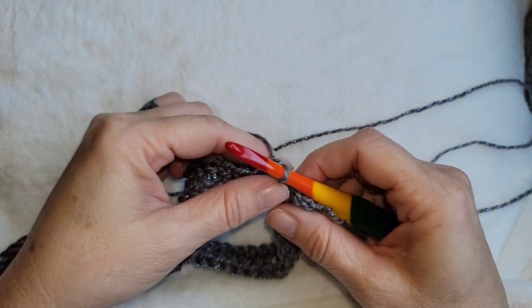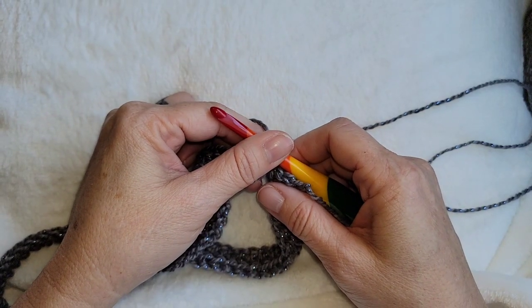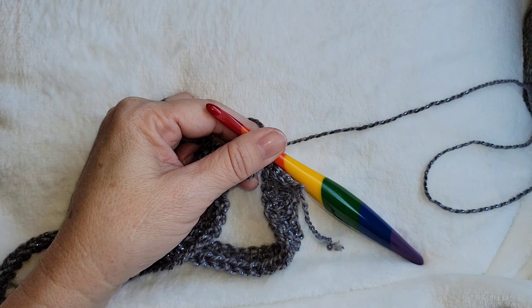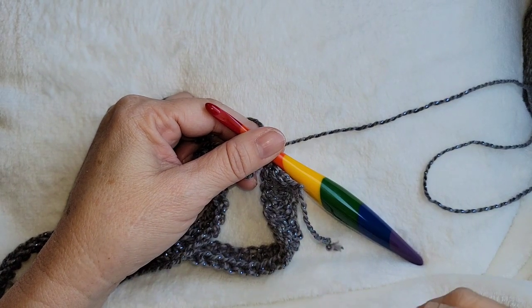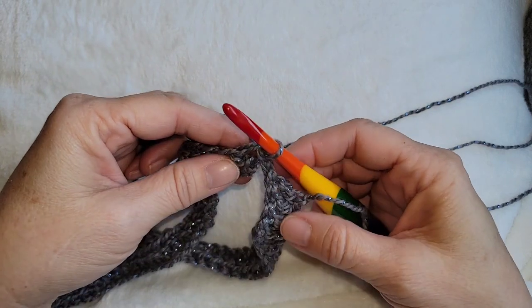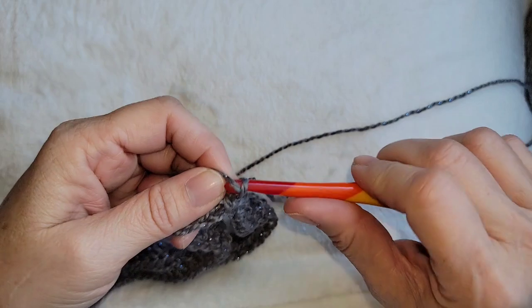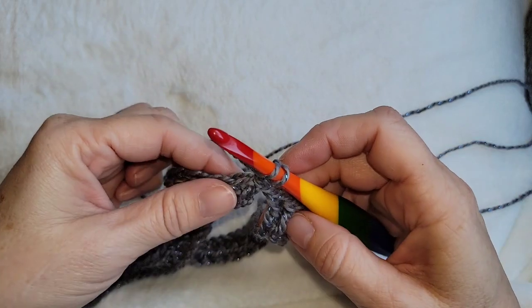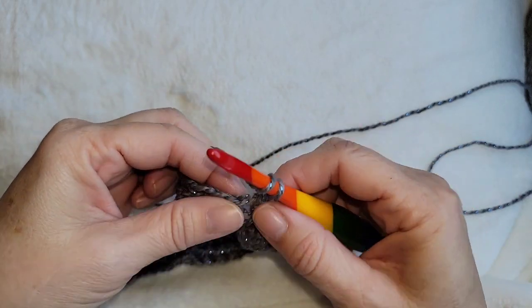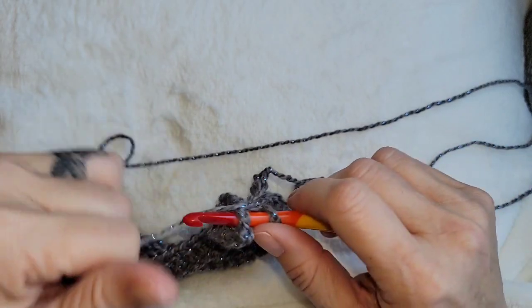So slip stitch right there, and don't worry about the bottom of that not being together. You can stitch that together with that tail that was left over from the very beginning of that first chain. Now you're going to chain 1, and we're going to be making the border of the cowl,